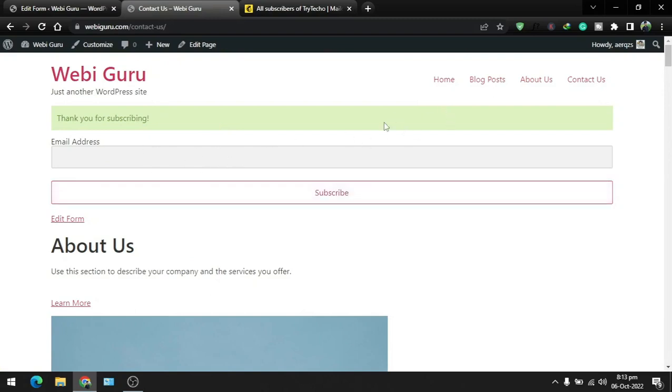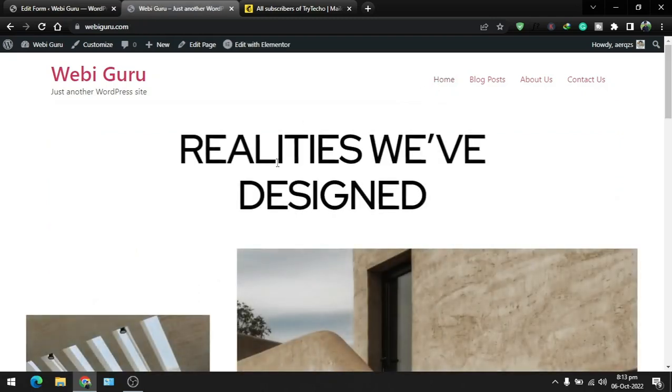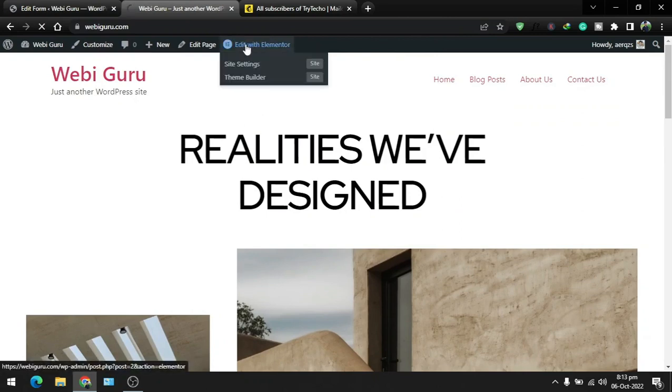And if you want to display a form in a page designed with Elementor, simply go to that page. This page is designed with Elementor page builder, but I want to display the form here, so I just need to enter this edit with Elementor button